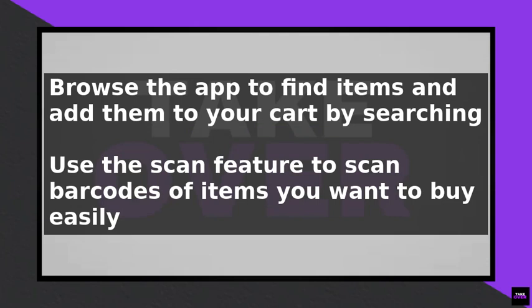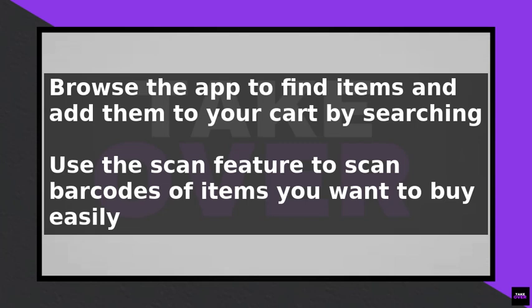After adding all the items you want to purchase to your cart, tap on the cart icon at the top right corner of the screen to view your cart. On the cart page, you will see a list of all the items you have added, along with their prices